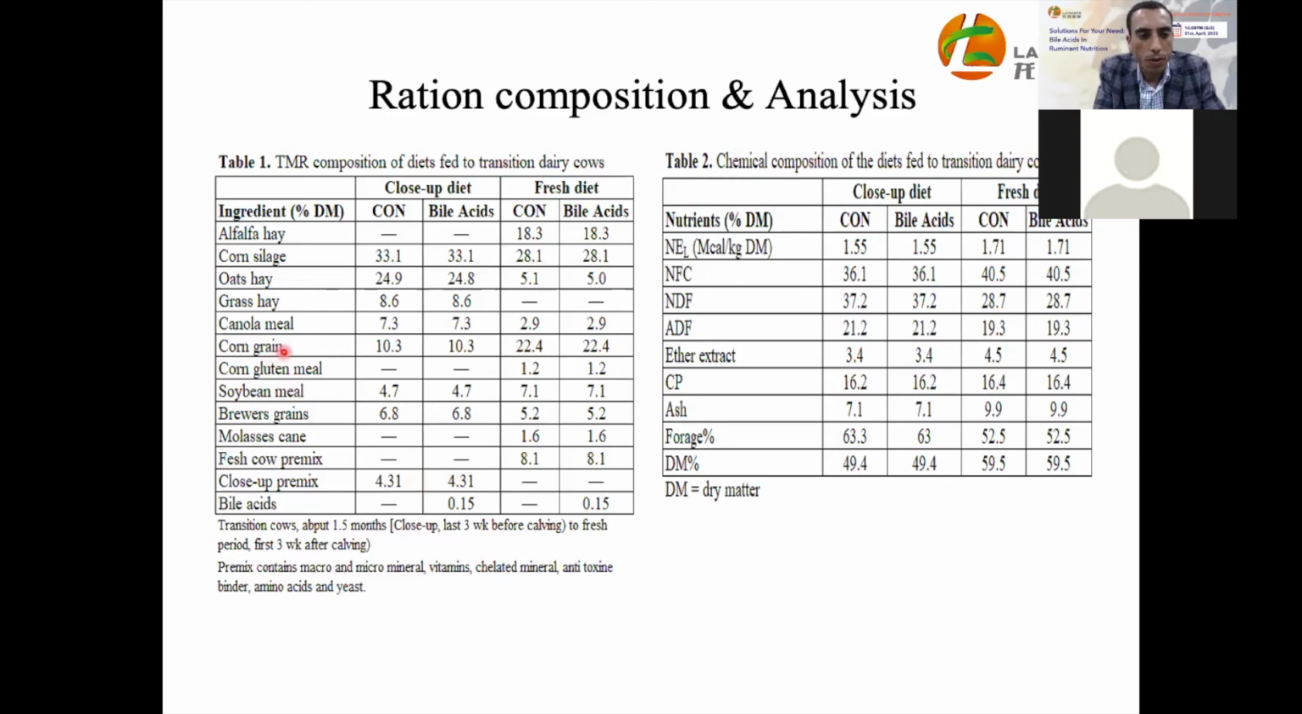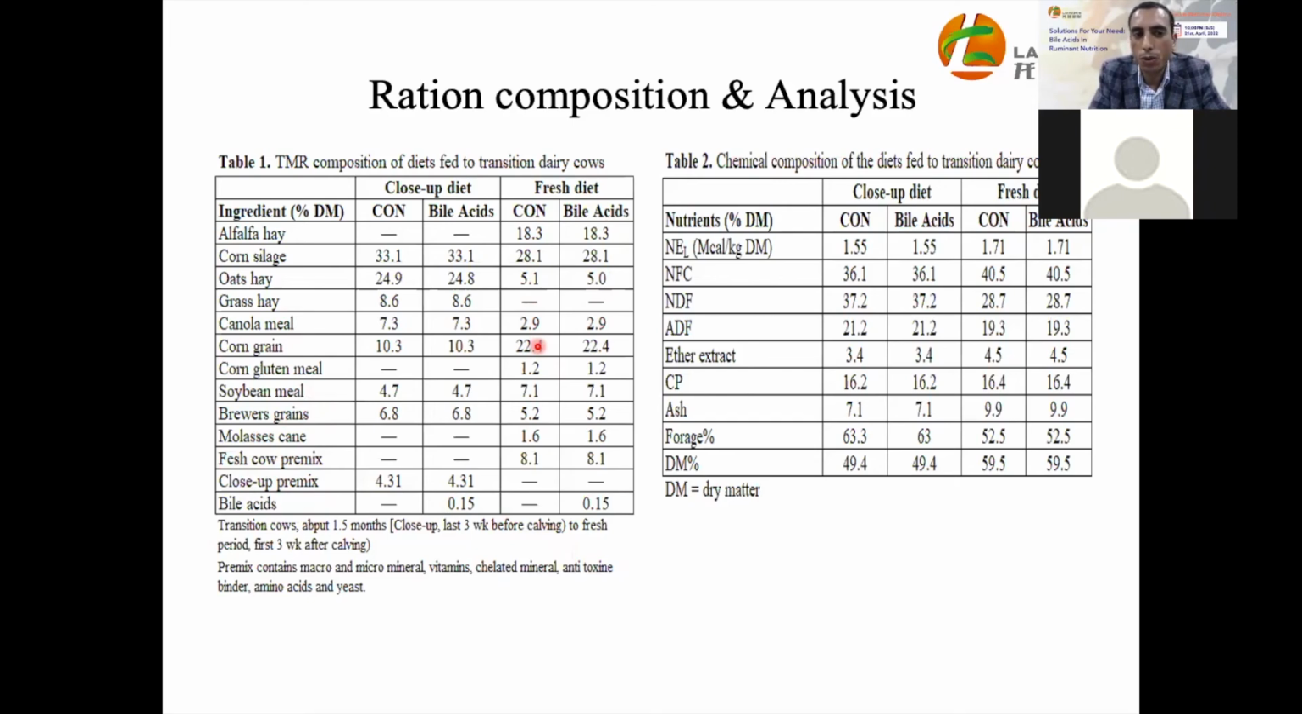The source of protein we used was soybean meal, and they also use pre-wet grain. During the close-up, we use a premix package containing minerals, vitamins, yeast, some protected amino acids, and a toxin binder as well. For the fresh cow diet, we mainly use forage sources from alfalfa hay and